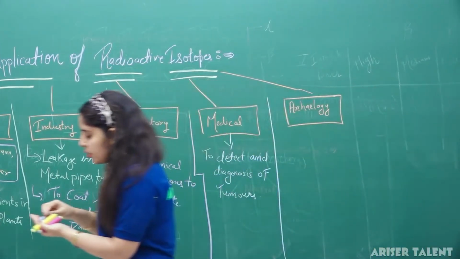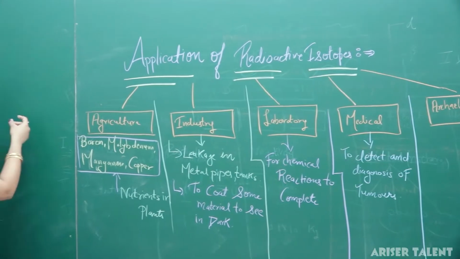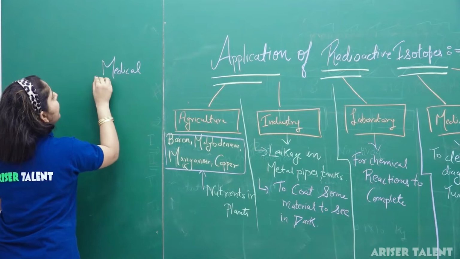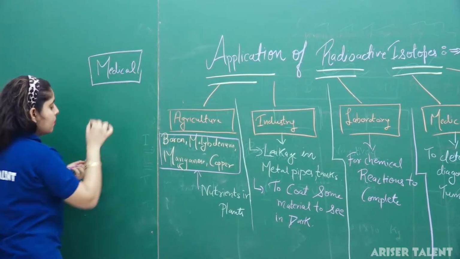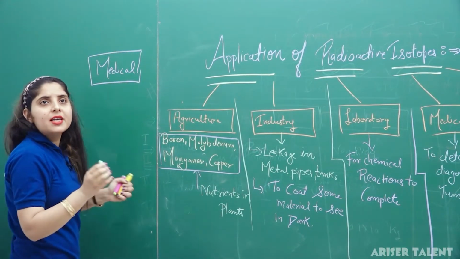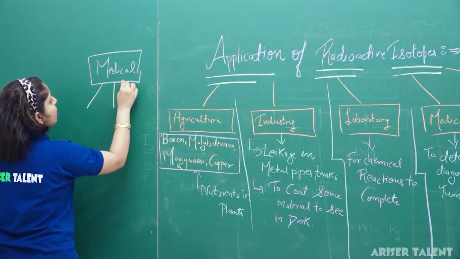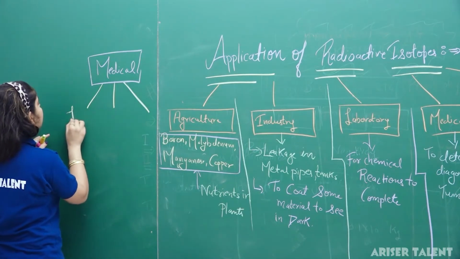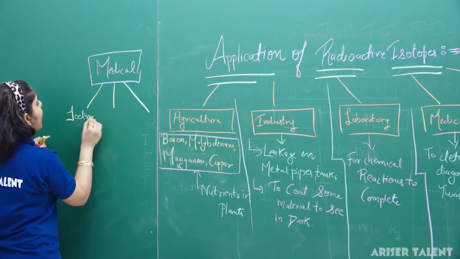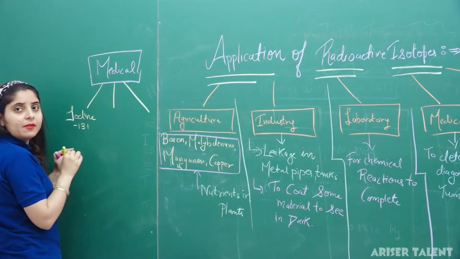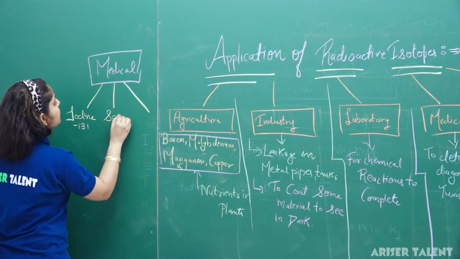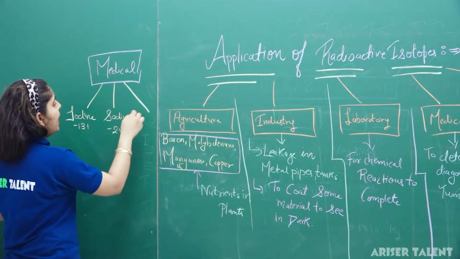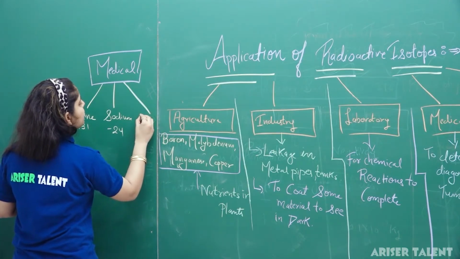I am defining these isotopes here. So we have certain radioactive isotopes in the medical field, and basically three isotopes. Our first isotope is iodine 131, the second isotope is sodium 24, and our next isotope is